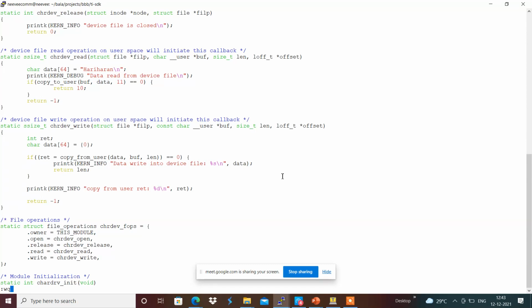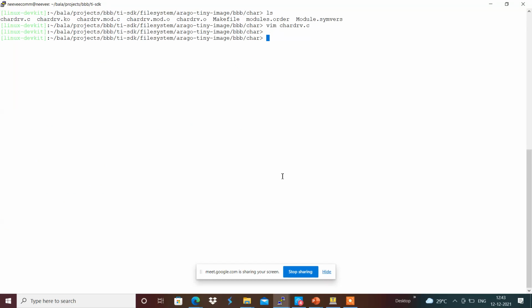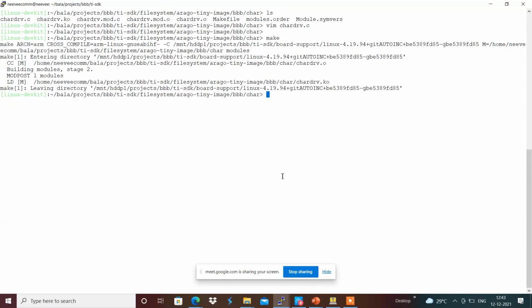For example, I'm going to compile this. In this I'm going to write a file called chr app.c for the user space application.